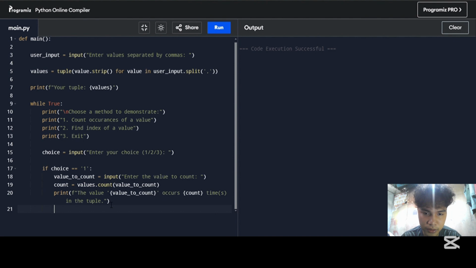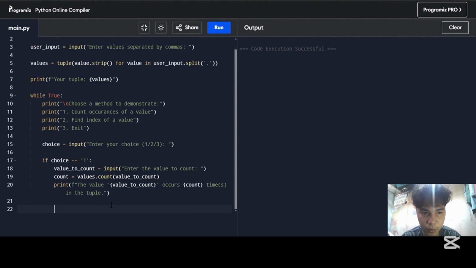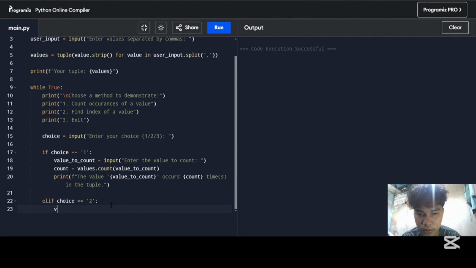We will do choice number 2 and 3. We're just inputting values to the print number 1. In choice number 2, we'll do if choice is equal to number 2, then colon. Same to number 3, value to find, because we will find the index of the value. Input is equal to ("Enter the value to find its index